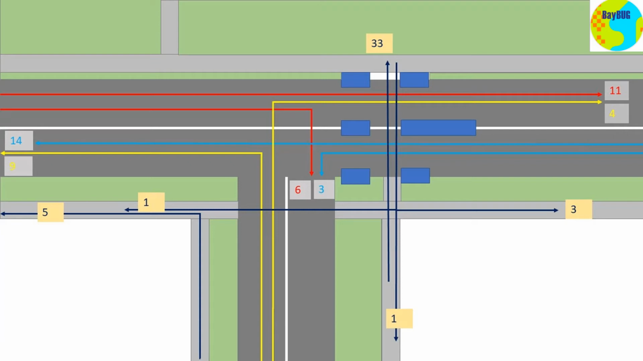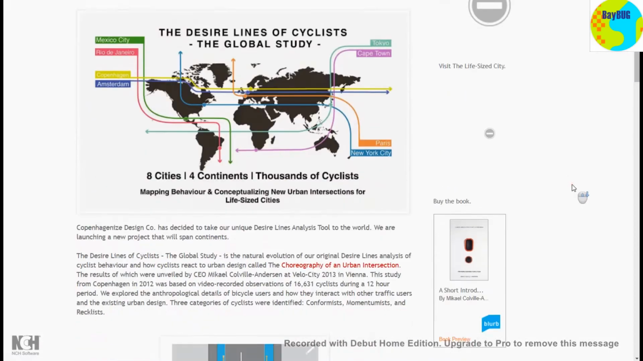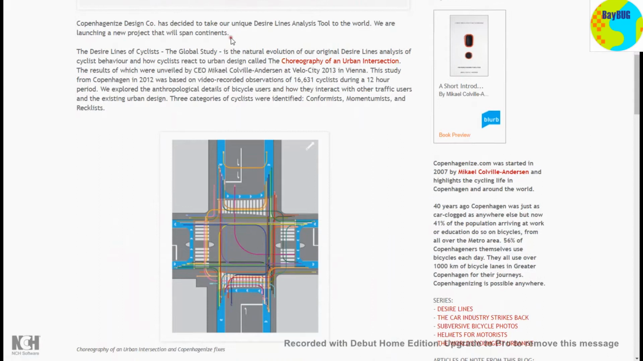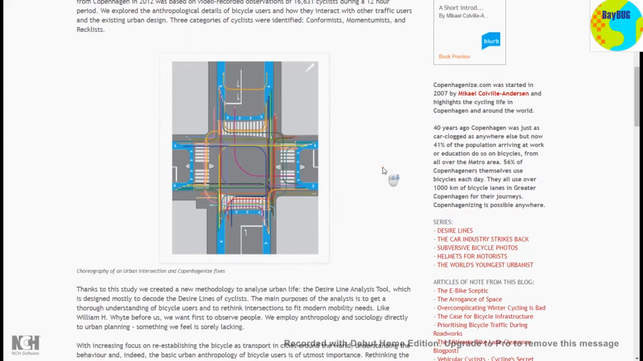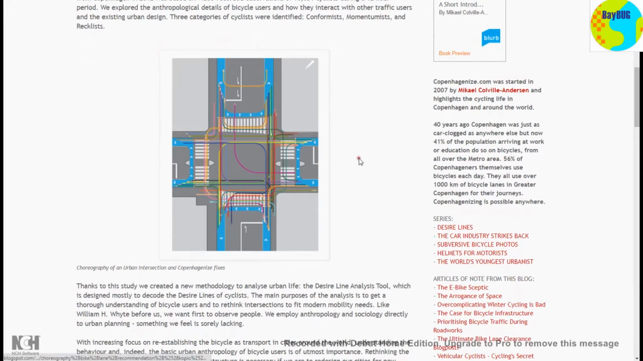Okay, so you've recorded the movements across a particular intersection. How are you going to make use of that? Well, you've got to turn that video into some useful data. And all I'm doing here is nicking an idea from Mikhail Colville-Anderson and his idea on cyclist desire lines, where you videotape an intersection over a period of time, then you